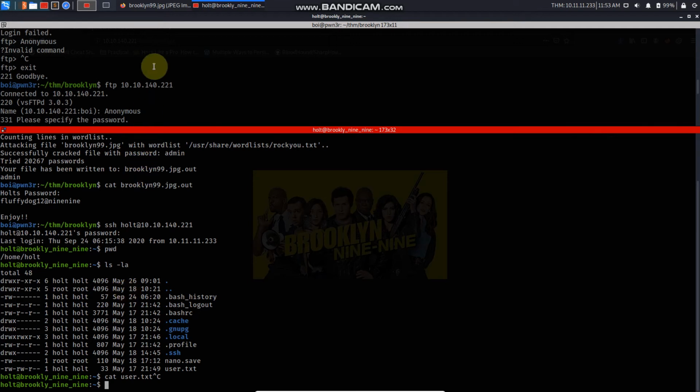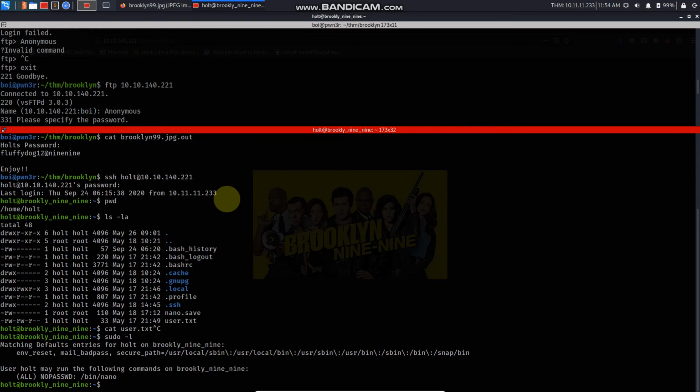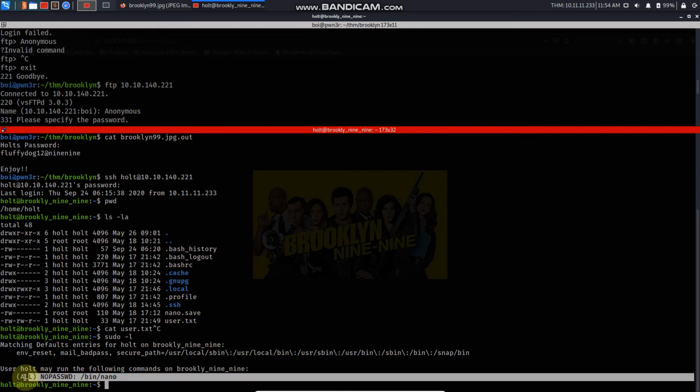Now to escalate our privileges to the root account, we can use an enumeration script like LinPEAS or LinEnum, or we can look for some active cron jobs which we can exploit, or we can check what files this user can run as sudo, or any binaries which have the SUID or GUID bit set. Apparently the easiest of these is checking the sudo permissions which we have, which will be achieved by typing sudo -l. As we can see, nano can be run without any password.